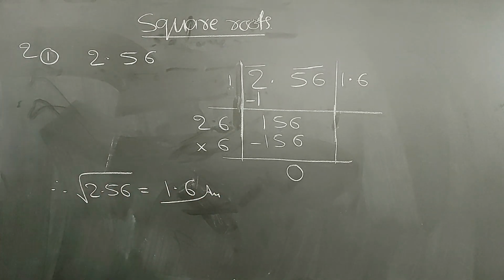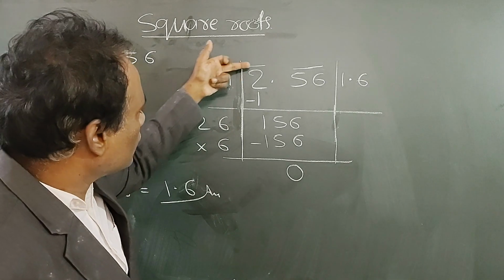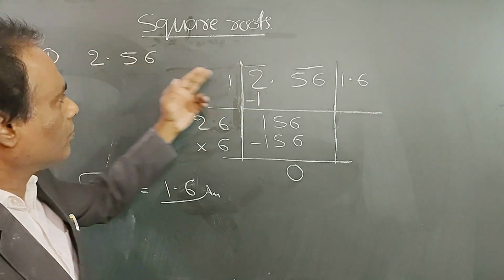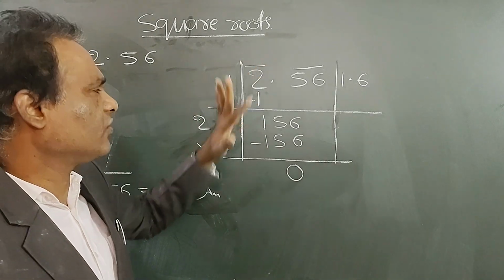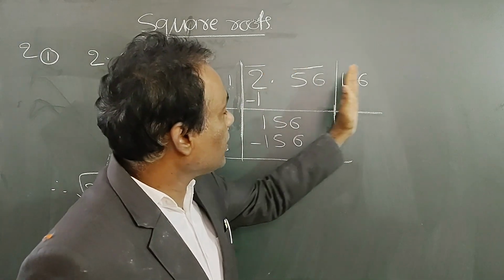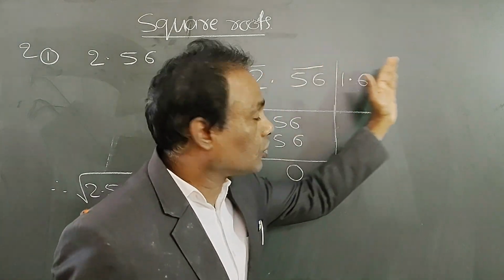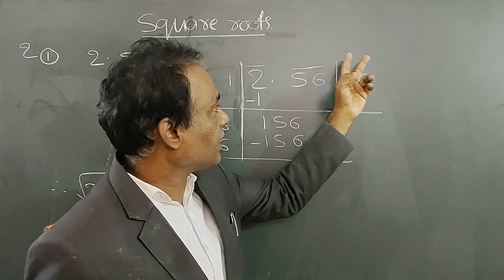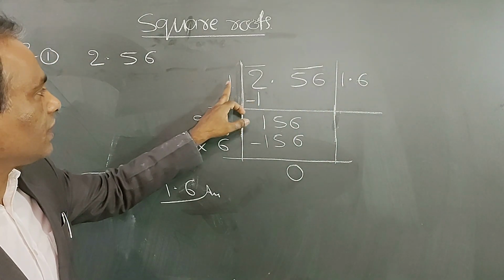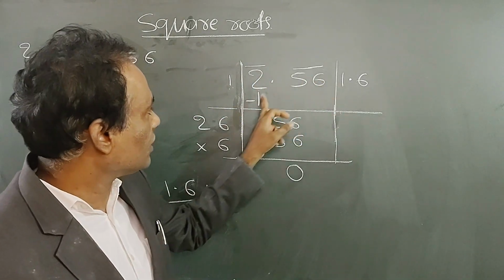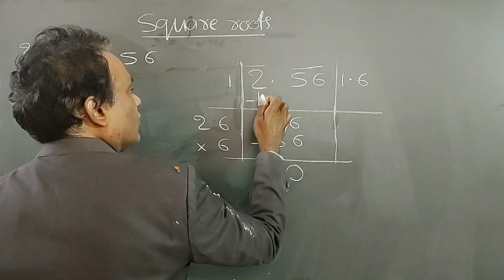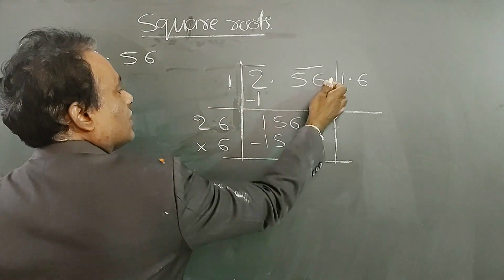Simple method. In the integral part, take two numbers at a time, from right to left. But here only one number is given, so that is the pair. After that, in the decimal part, two numbers from left to right, two numbers bar, like that. Since there is only one number, take a number here, multiply with the same to get the nearest number. 1 ones are 1. 2 minus 1 is 1, then 5, 6.